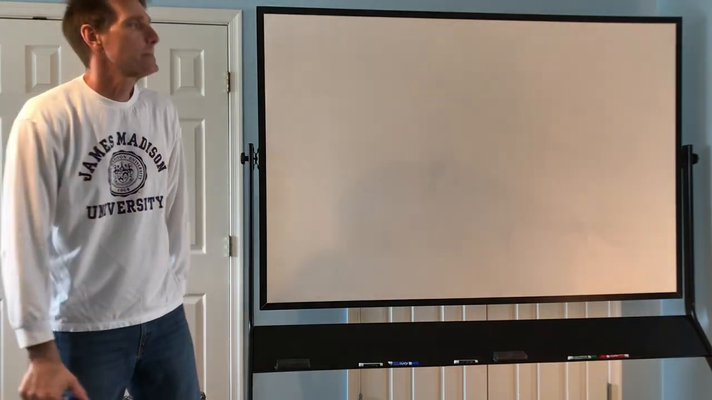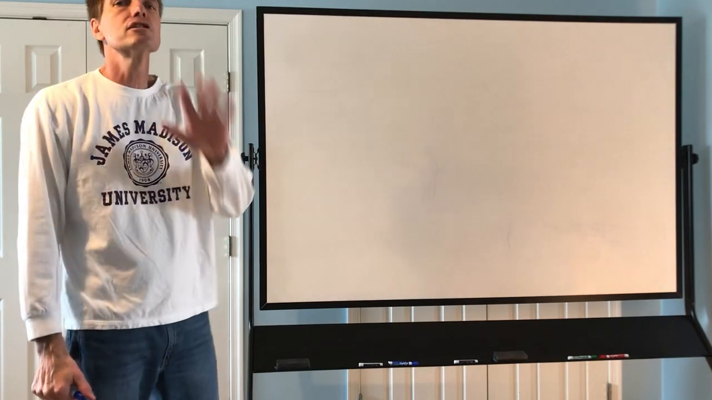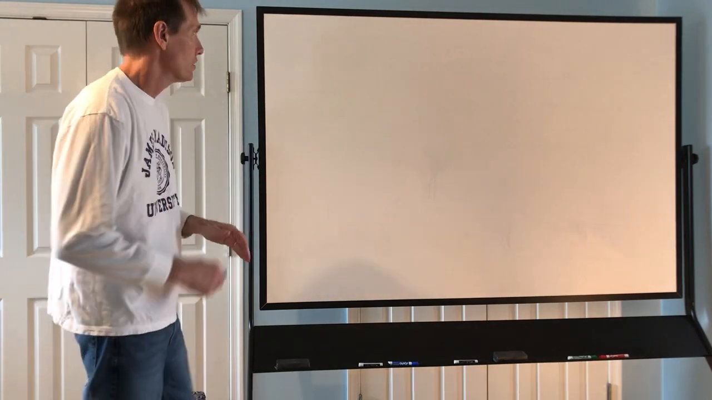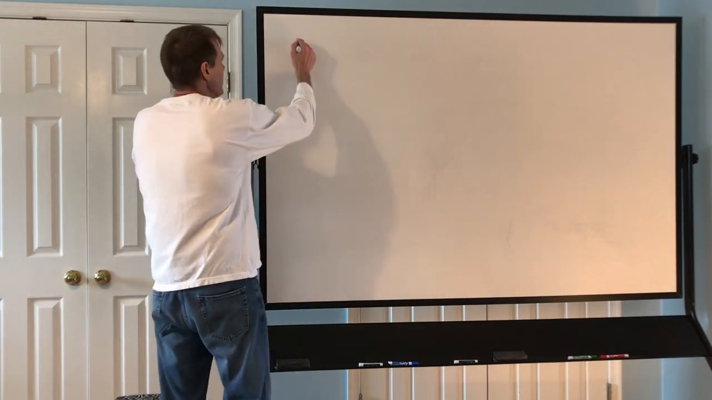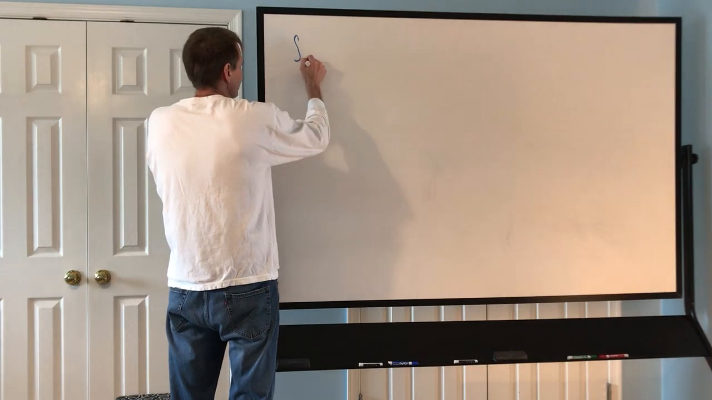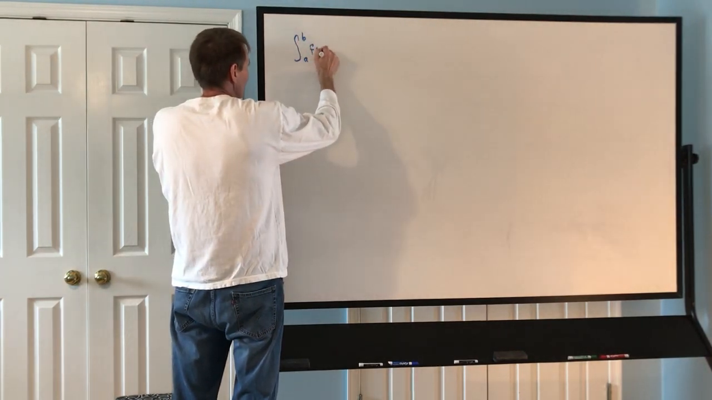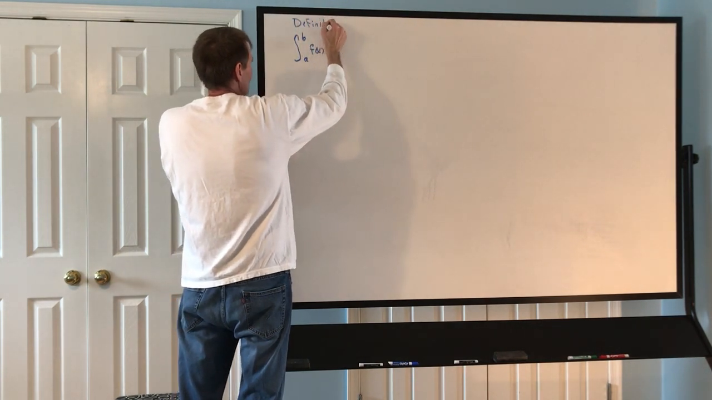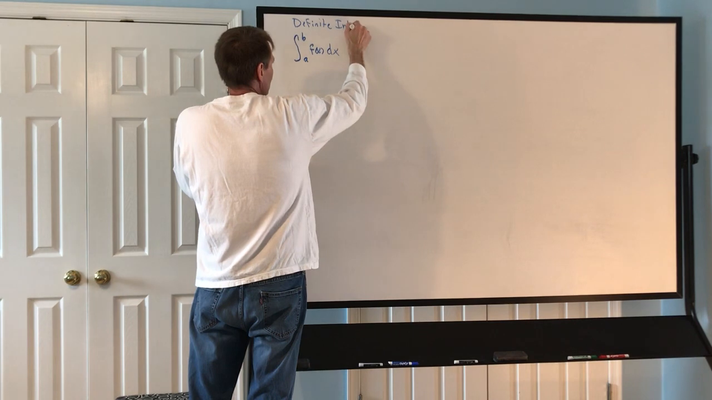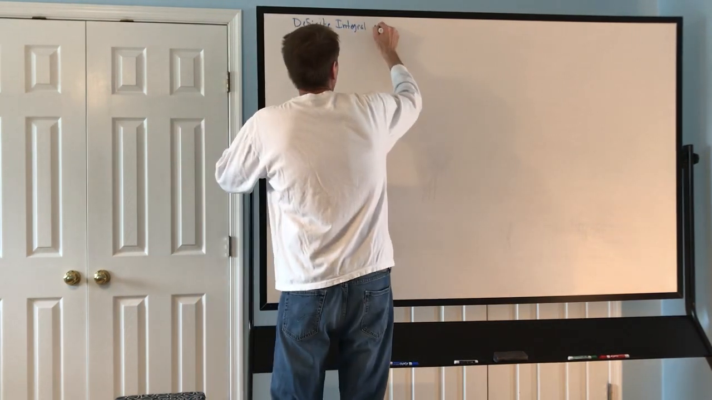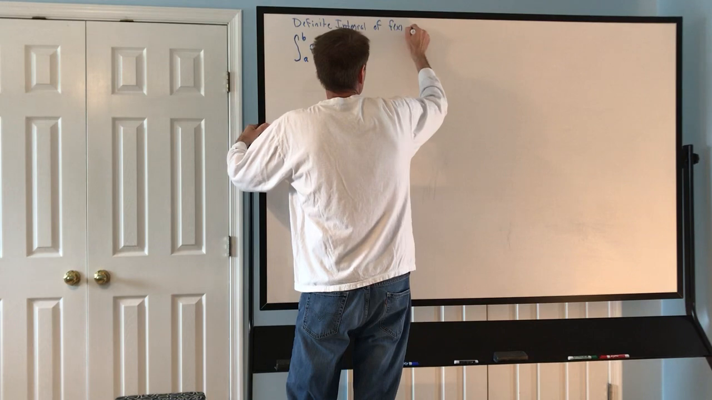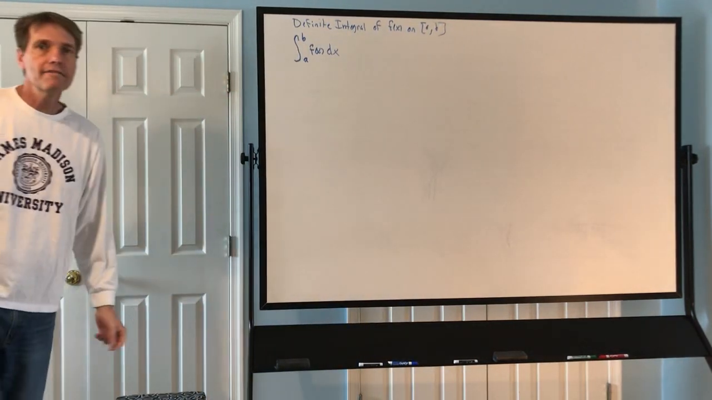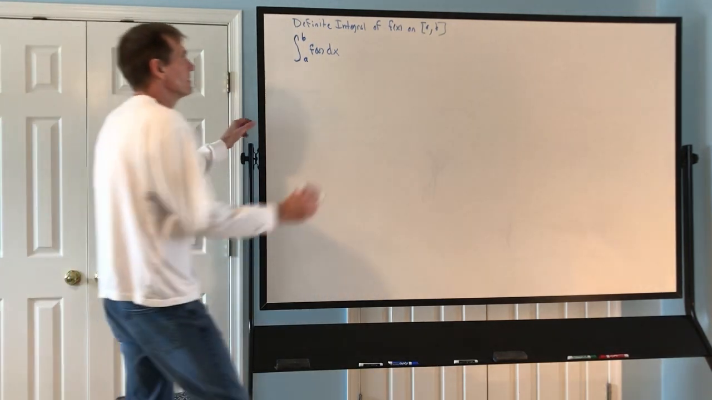Now let me write, first of all, the definition of the integral, and then you can be terrified. This is the symbol that we use for the definite integral, the definite integral of f of x on the closed interval AB. The definite integral is defined to be,